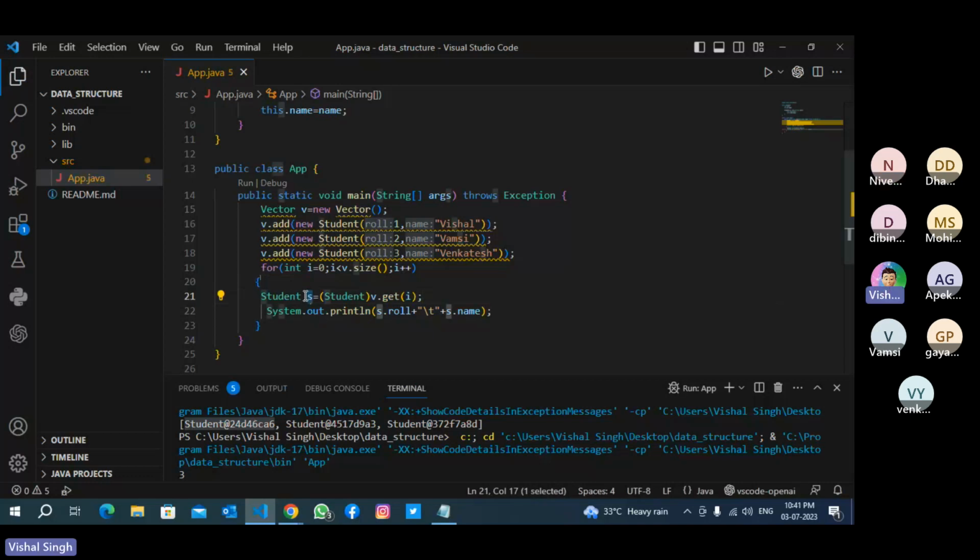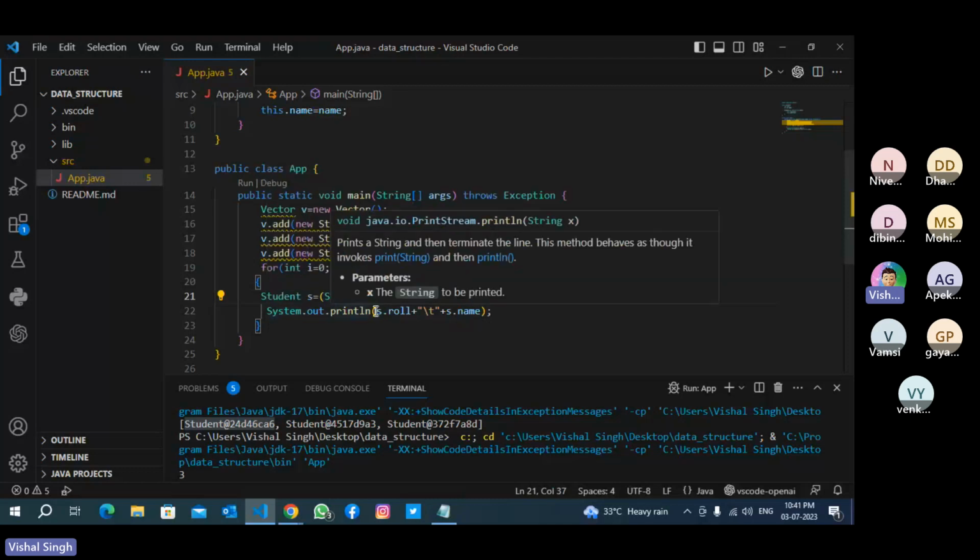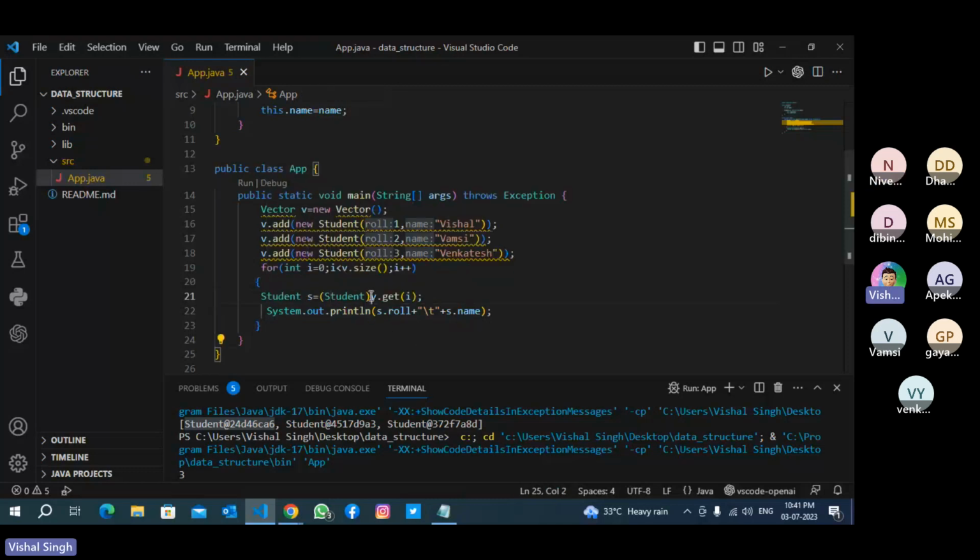So this is the reference of the student class, and the reference of a specific class can only refer to an object of the same class, or it can also refer to the child class, as we discussed in polymorphism. The parent class reference can refer to a child class object. So here we are just typecasting.